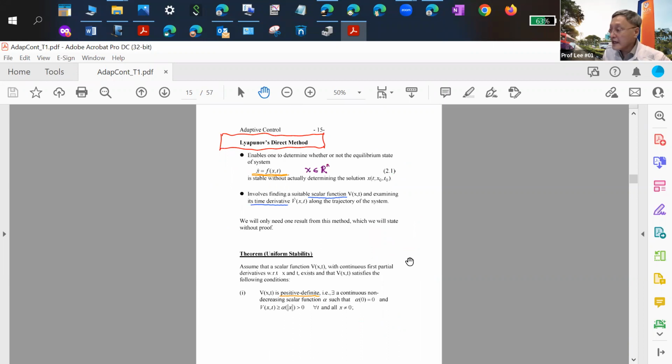In the way that we have done it, even though I didn't say it, basically the approach is almost a parallel approach of the ideas from the so-called direct method of Lyapunov. In our module, we don't have time to go deep into Lyapunov stability theory, but basically what this approach says is that, first of all, whatever system you put together, in this case our